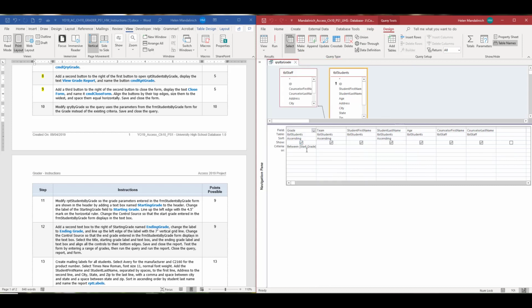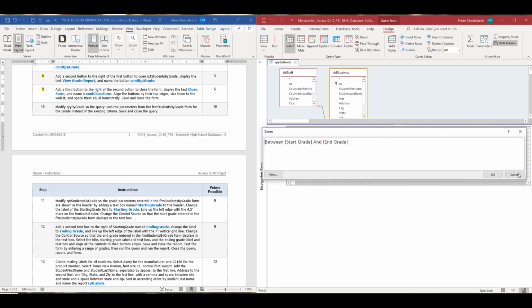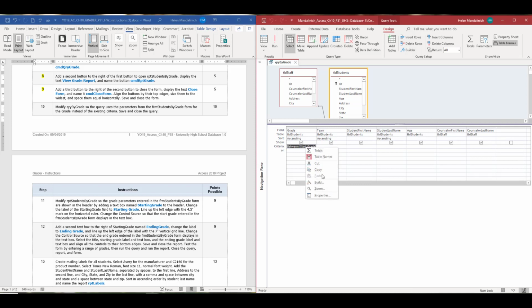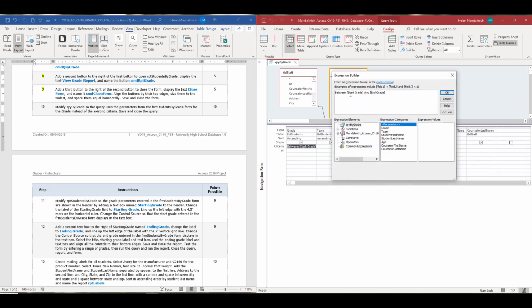And then right here where we have this between, we know we have to change that, instead of having this parameter here, we're going to go pull the, actually I want to do build. So instead of doing the parameter, I still want to do between, but I want to go and grab in our database, in our forms, the